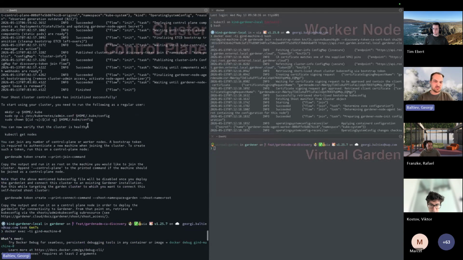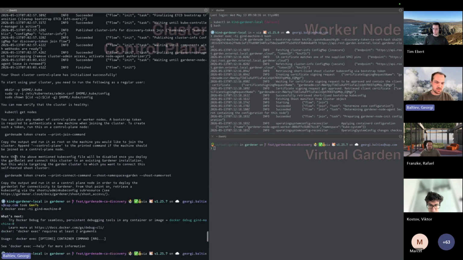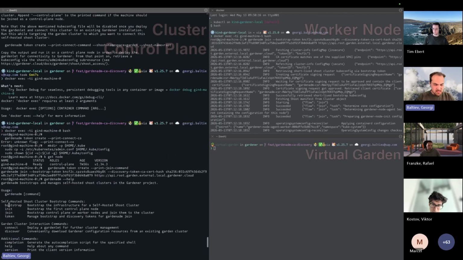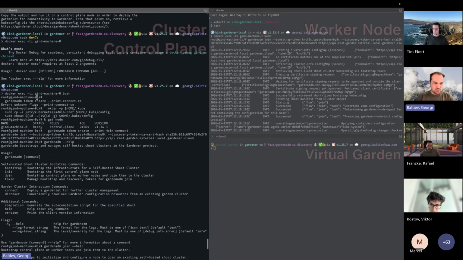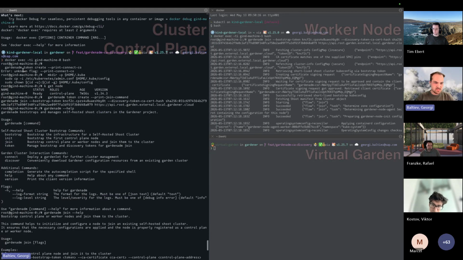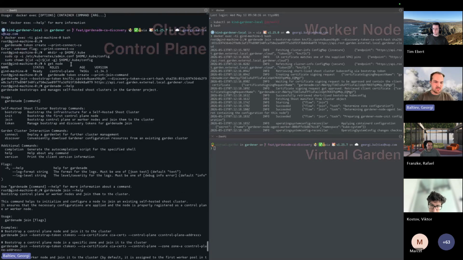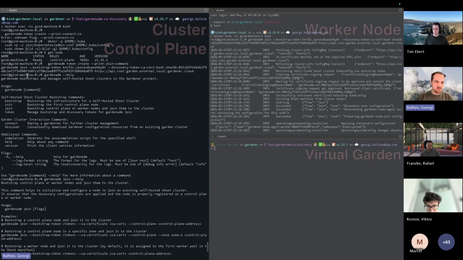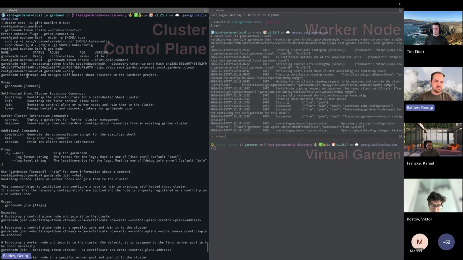The changes are not really that beneficial. So in order to actually demonstrate it, here is a local guide setup. Here I have already bootstrapped my machines with the GardenADM init command, and after that, from the control plane node, I can actually generate a token. The token create command with the print join then gives me a GardenADM join command that I can run on